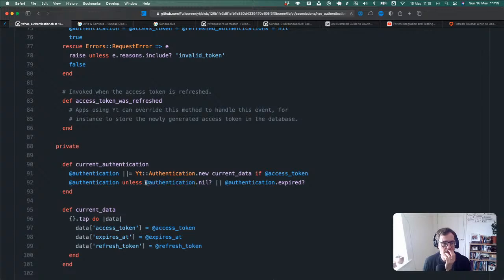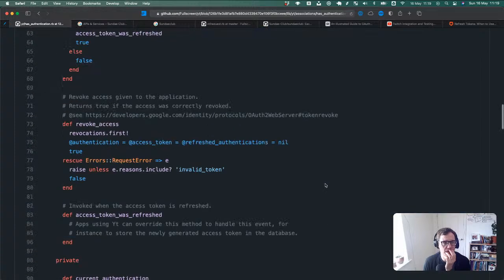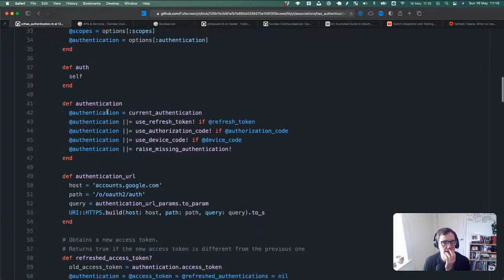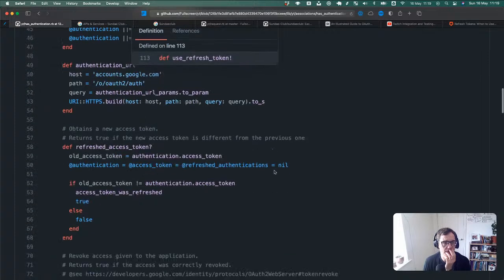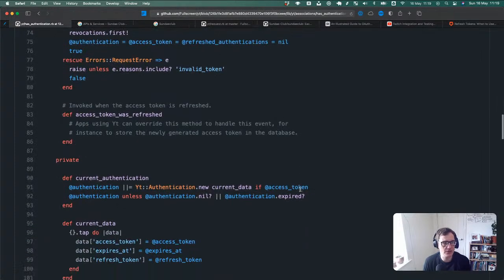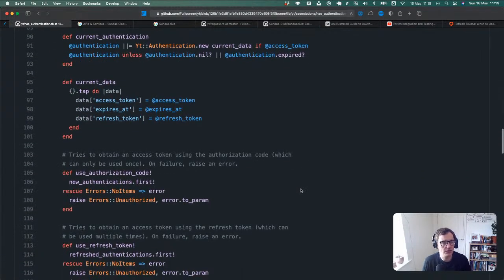Return authentication unless it's nil or it's expired. And I'm assuming that if none of that works, it will just return nil. And if current authentication is nil, then it will try and use the refresh token. And what does use the refresh token do? Presumably, it goes and uses the refresh token to get a new access token.